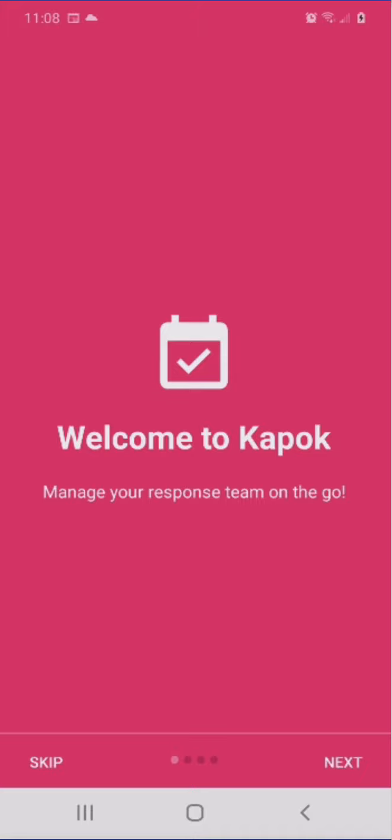We are going to go over the steps that are required to create an account on Kapok so that you can use it wherever you want, whenever you want. So let's get started. This is the screen I'm on, and you only see the screen the first time you